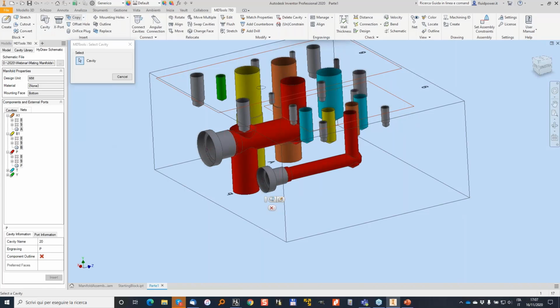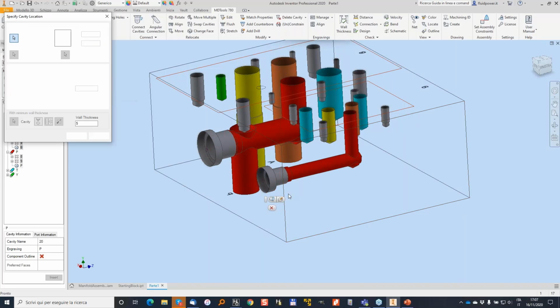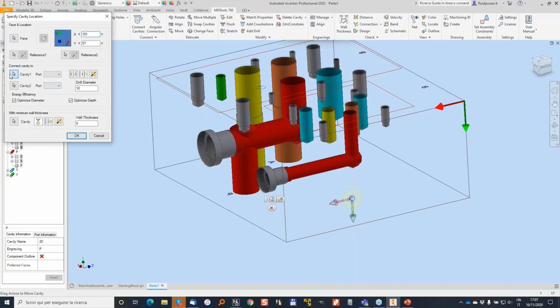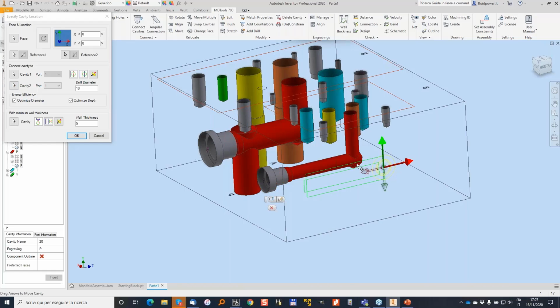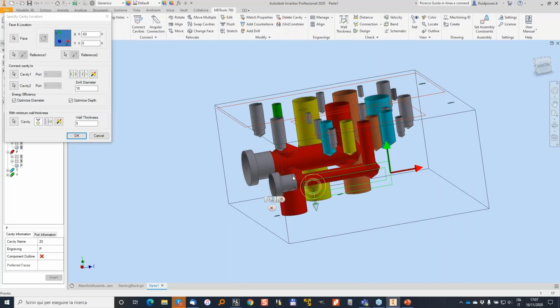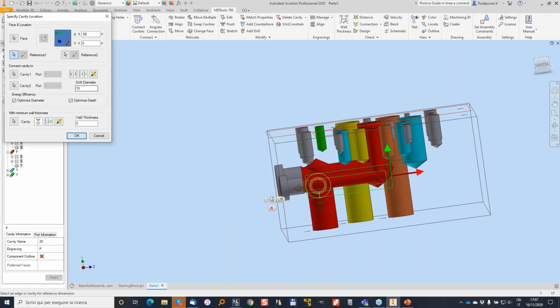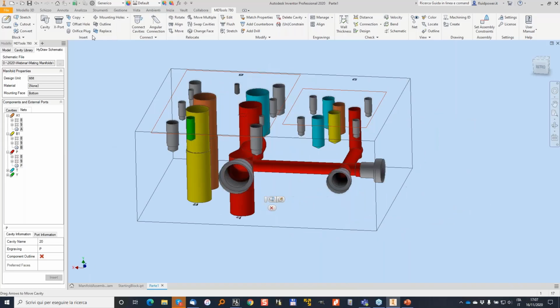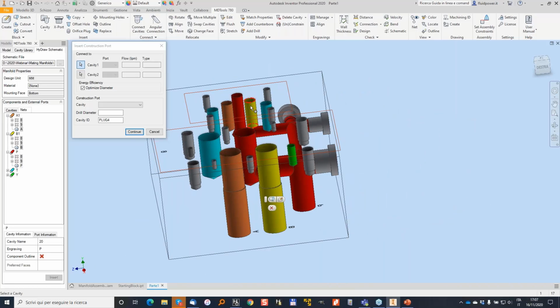And I also copy the same plug, position it here, and connect here and here. And maybe we position it. Let's use the bottom drill and position it aligned in the center. We connect the yellow lines,